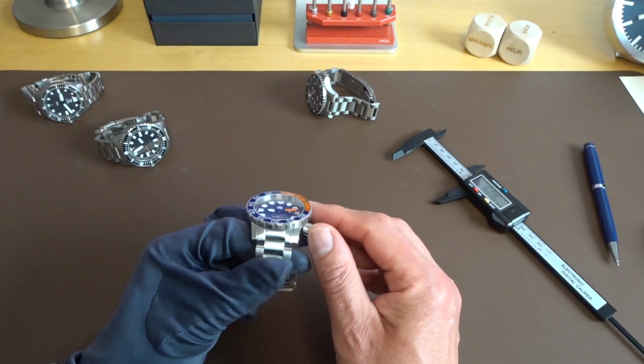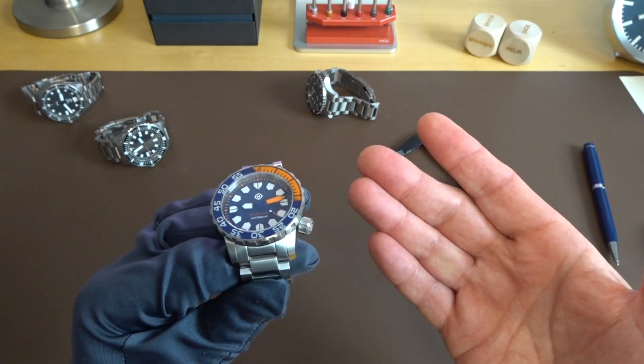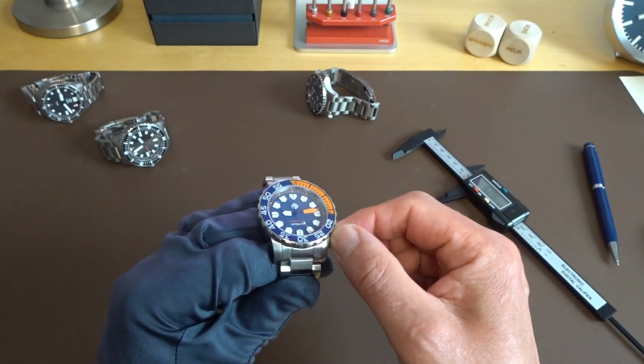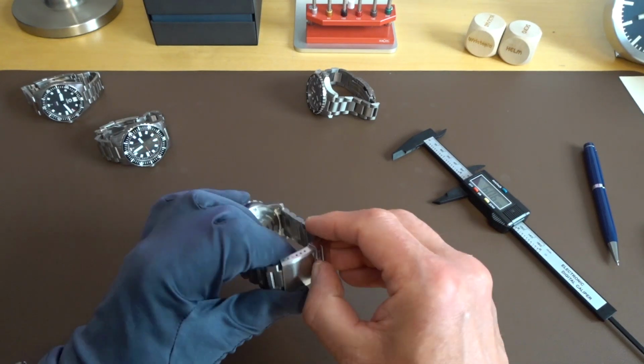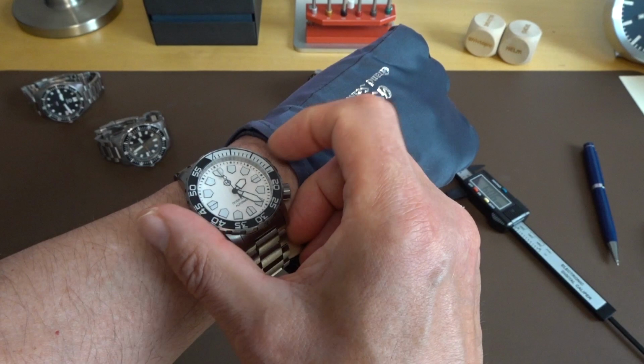What do I love? I love the grip on the crown and bezel. I just love that they're chunky, really. I love chunky dive watches. They're chunky and grippy. The clasp on this one, the titanium's a much harder metal to work with,